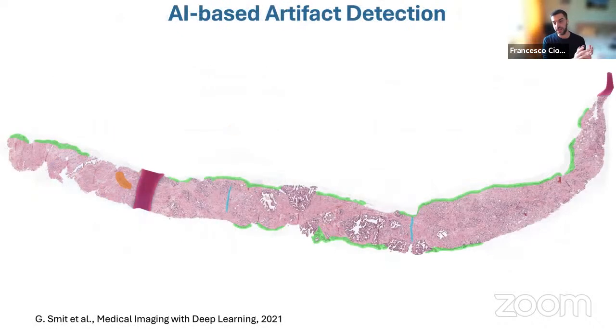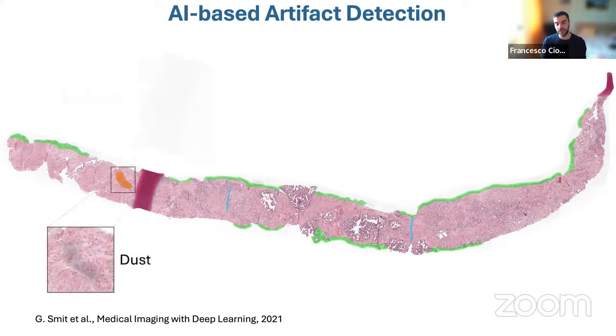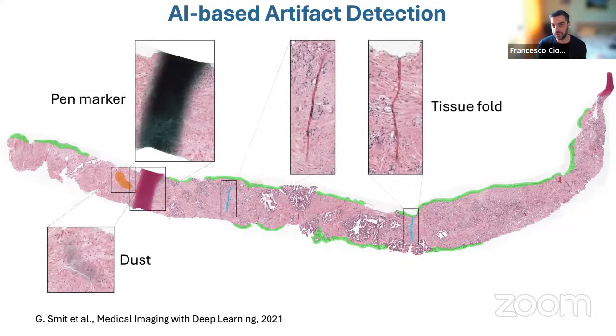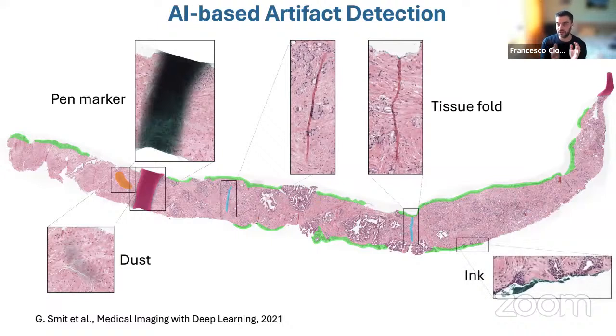So I showed you the glass slide, and then you put it in a scanner. You get a very high resolution gigapixel image. It turns out that you get these beautiful images, typically pink and blue, because this is the hematoxylin and eosin staining that is done in the clinic regularly. But they have several sources of potential artifacts, right? And here I just show a few of them.